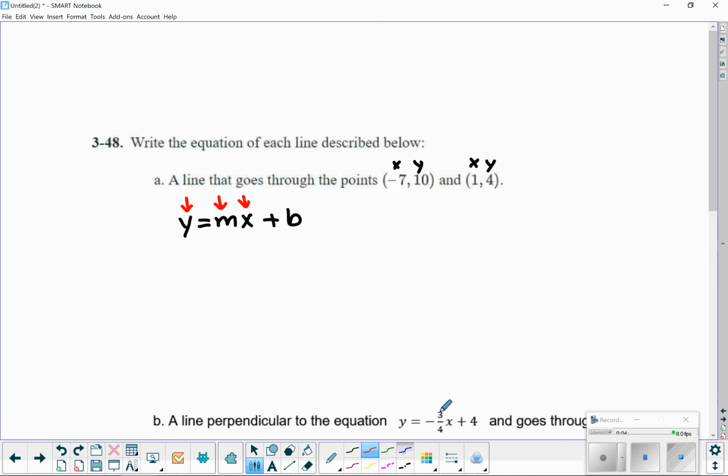So I'm going to go ahead on the side and find the slope. I'm going to say the slope is the change in the y over the change in the x. So when you do the change in the y, we're going to go with 4 minus 10. Okay, so we're taking y's and we're just subtracting them. 4 minus 10. Okay, and we're going to go in that direction. So 4 minus 10, whatever that makes, we have to deal with that. And then you're also going to have to do